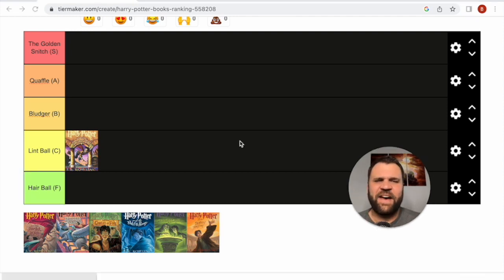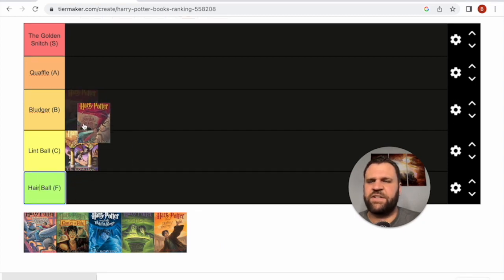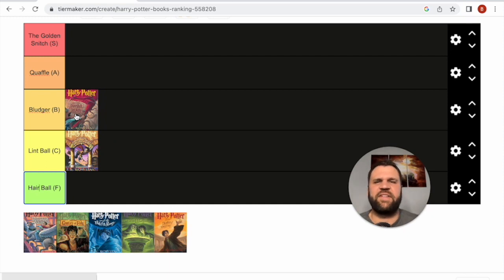All right, next we've got Harry Potter and the Chamber of Secrets. This definitely bumps us up a little bit here, because this one is a little better. It's a little more interesting story, and it does a good job of really getting us deep into this world, establishing a lot of our favorite characters, which the first obviously started doing, but kind of introducing that, hey,